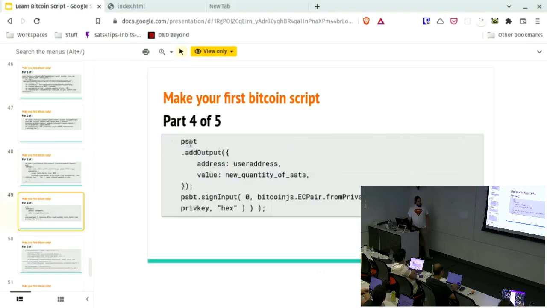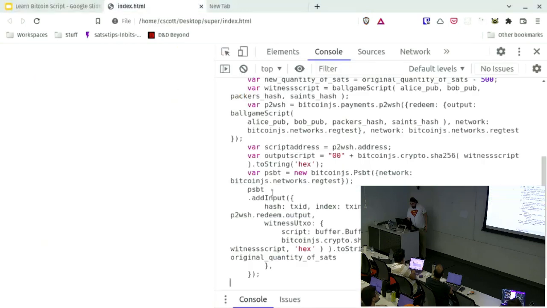And we're almost done. Then we specify our output. So we use the PSBT function to add an output, which is going to be Alice's address or Bob's address, and 25 million minus 500 sats. Then we sign it. So one of them is going to sign this. We have to pick whether Alice is going to win or Bob's going to win. But we'll specify that when we call the function. So we're just putting in a variable called privkey here. And whichever one we choose to sign it, who's going to win the game, we'll do that. Right click,